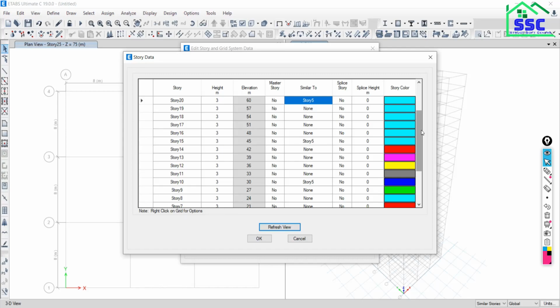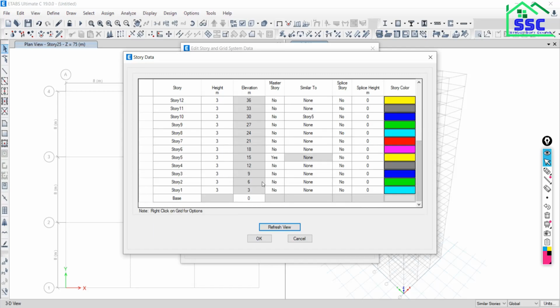If I perform on the 15th, it should happen on all the similar stories or not? Exactly, it should. So it is not compulsory that you work only on the master story. You can work on the similar story also. Is that clear?